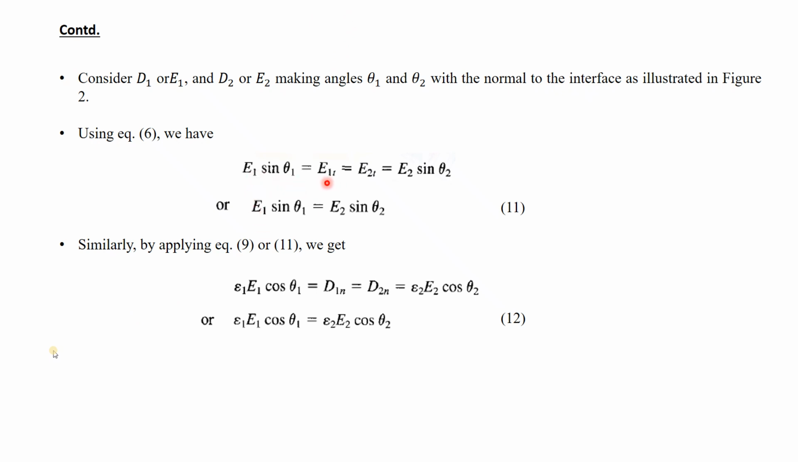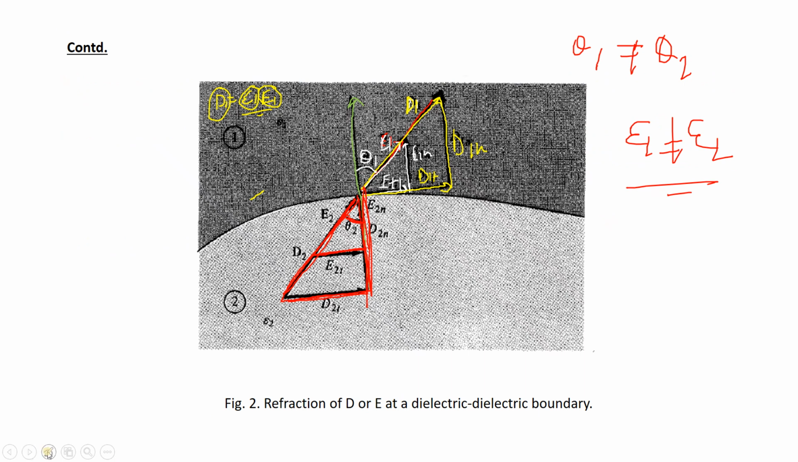So if they are making this angle, we can write E1 sin theta 1 equals E1t, because as we know, we have already concluded that the tangential component of electric field intensity is the same, okay? Now, tangential component means, if you look at this carefully, if this is theta 1,